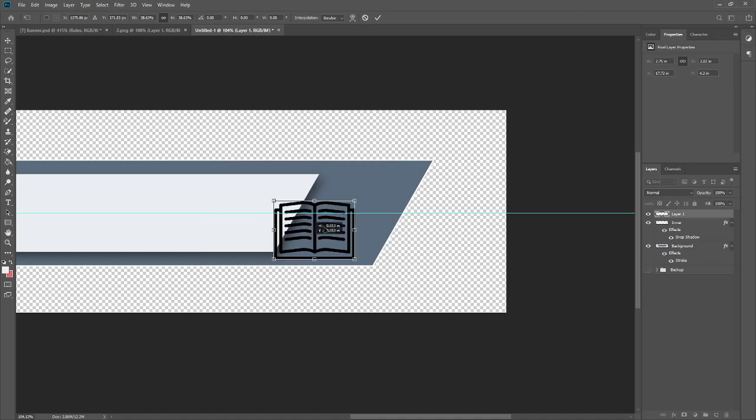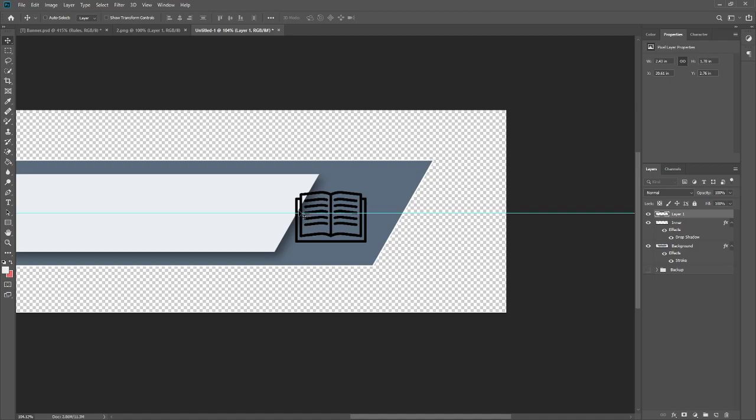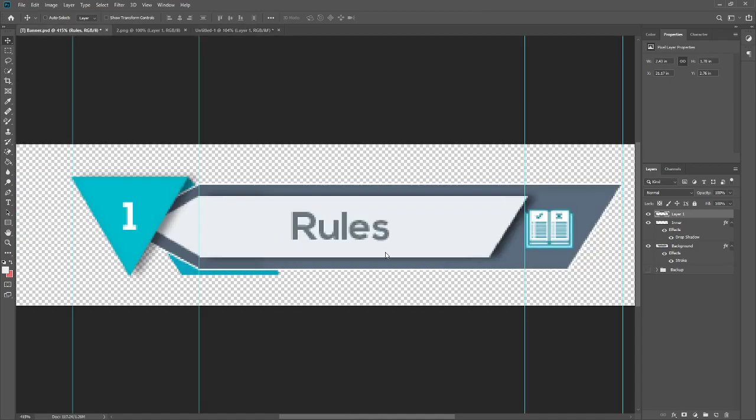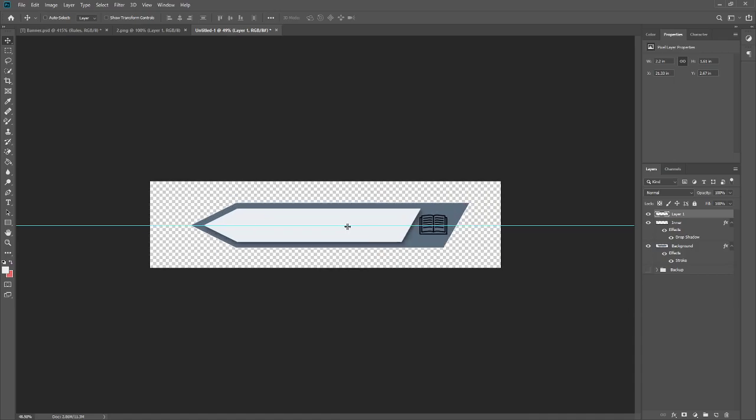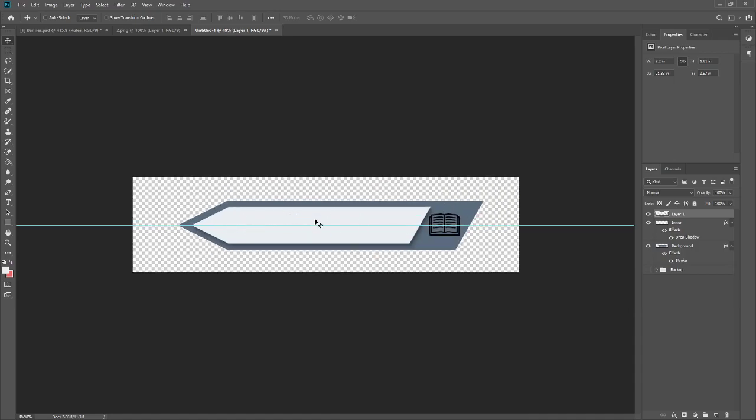Okay, this is going to be our book. I'll organize these files in a second, don't worry. And the color of the book, it's not ideal, because I made this two odd years ago. I have no idea where that icon is anymore. So this isn't going to be perfect. It's a little placeholder, but it'll do the job for now. And obviously this icon's going to change with what this banner's for. I suppose you could put an anime character there if you wanted to, but it probably wouldn't look that great.